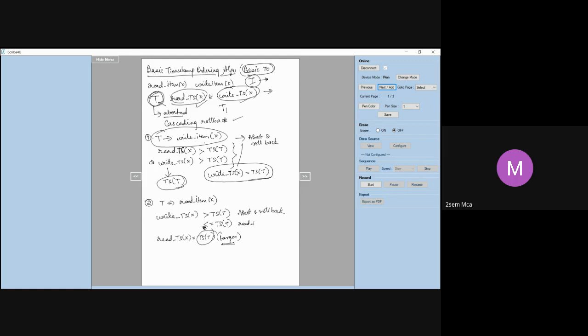When I said basic timestamp ordering, whenever a transaction wants to issue a read or write operation, the basic TO algorithm should compare the timestamp of T, that is, the timestamp of the transaction which is issuing the read or the write. You have to check it with the read TS and the write TS of that particular item. Read TS contains the largest timestamp it already has, which means some younger transaction has already done the read or write operation.